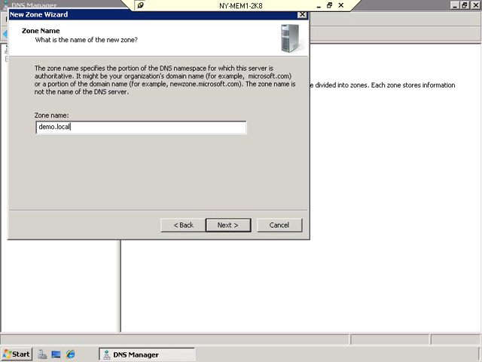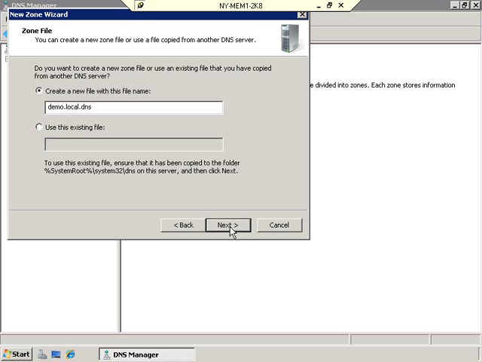I don't want to give it a .com name. Demo.com might actually exist out there. So demo.local. Click on next. Now, because this is a standard primary zone, we're going to go ahead and create a zone